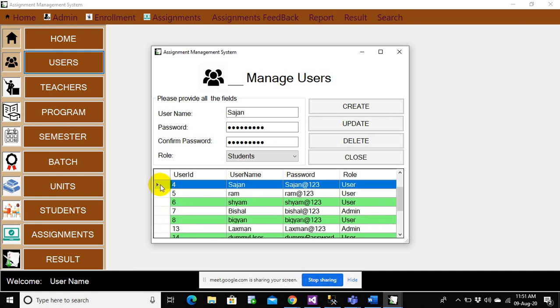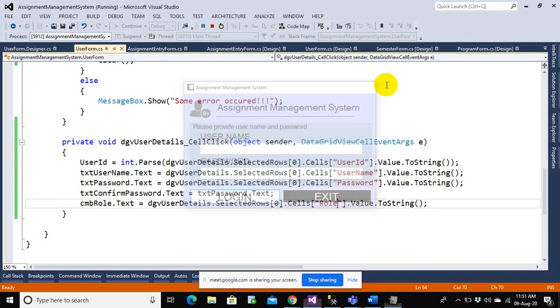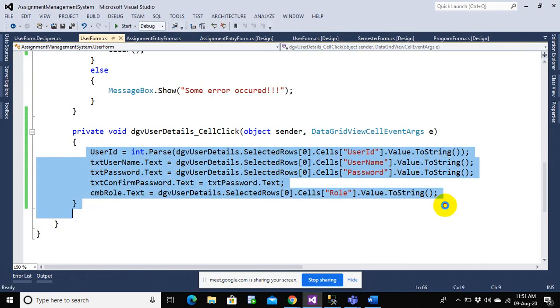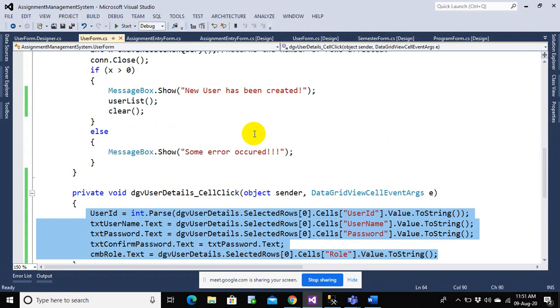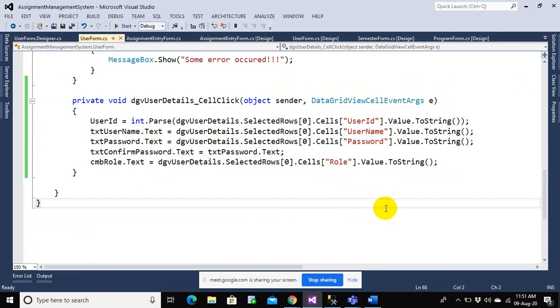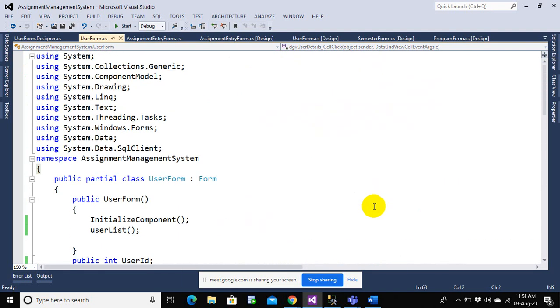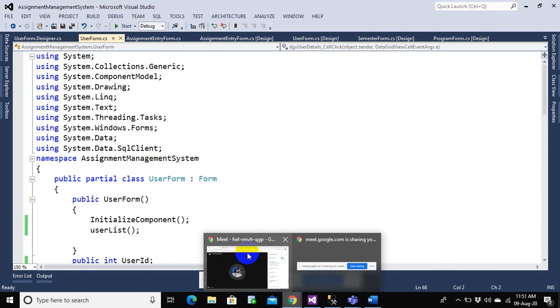So you could change the value upon a data grid view click. So this is how you can populate the data onto the corresponding text boxes depending upon the click on the data grid view. So I think, okay. Since you have done this now, we can go on with the update and the delete operation, but actually I do not want to continue for today. I would like to request you all to go through this first and try it out at home with the project that we have. And once you are having your hands dirty on this, then we can proceed further. Will that work for you, everyone?